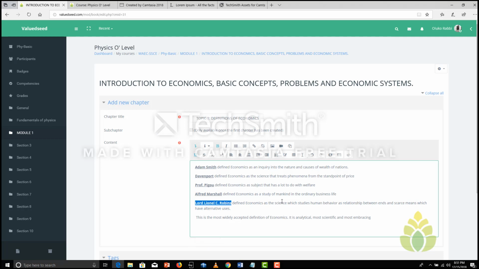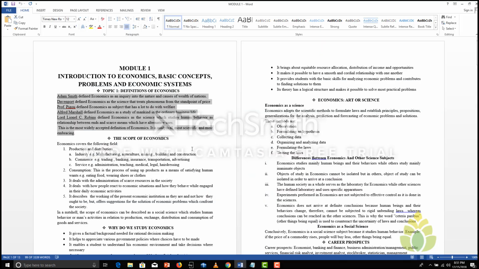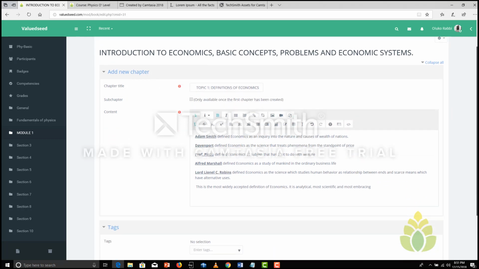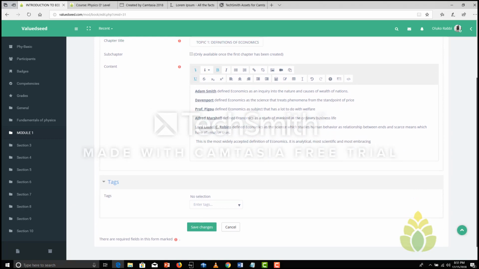Now we are only making chapters by chapters or topic by topic, and it says it's only available once the first chapter has been created. So we can say we want to have a sub chapter, or a subtopic. For instance, this is topic one, and this should be like a subtopic. So we can easily add it. We can just check here if you like. It's not checking because we already made that one available. So once you click on save,